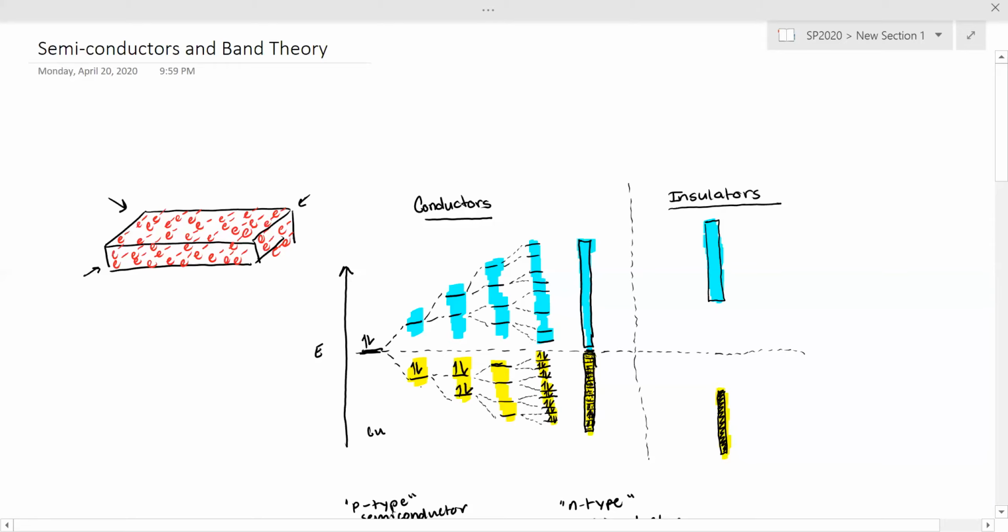Whenever you put two coppers together, you get a bonding orbital and a non-bonding orbital, where these electrons, by MO theory, would be shared in one space. Now, as you start to add more coppers, so this would be copper 4, and this would be copper 8, and so on and so forth, what you start to see is that